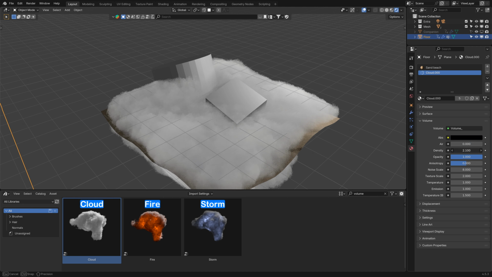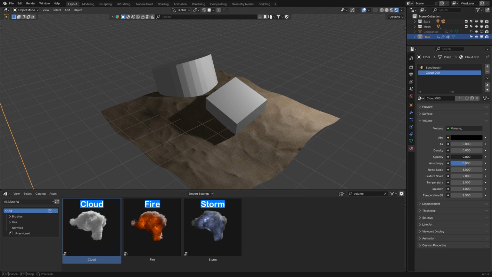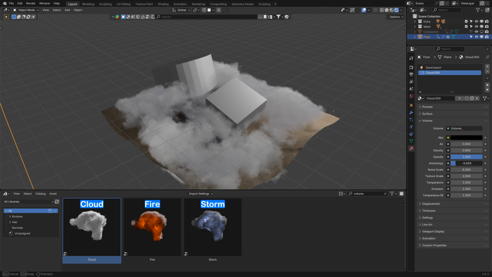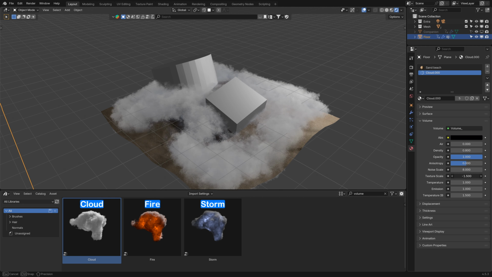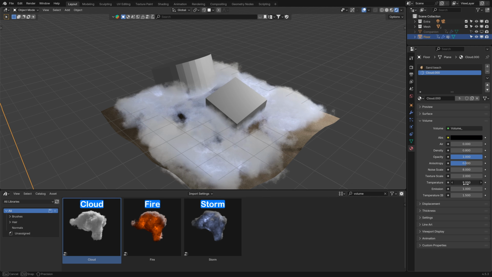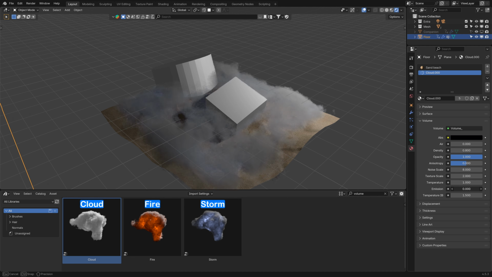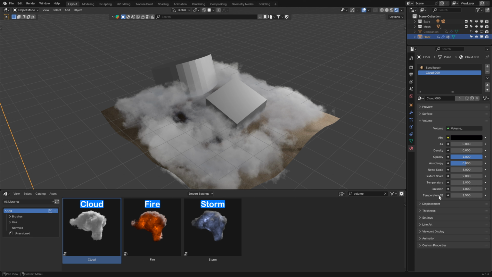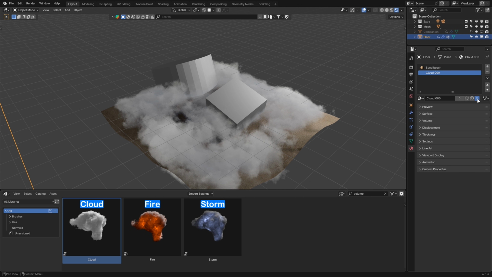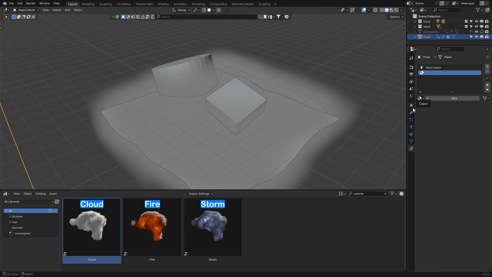Absorption color, density, opacity, anisotropy, noise scale, etc. Temperature, if you want to create a flash effect, emission strength, interior bond for temperature.